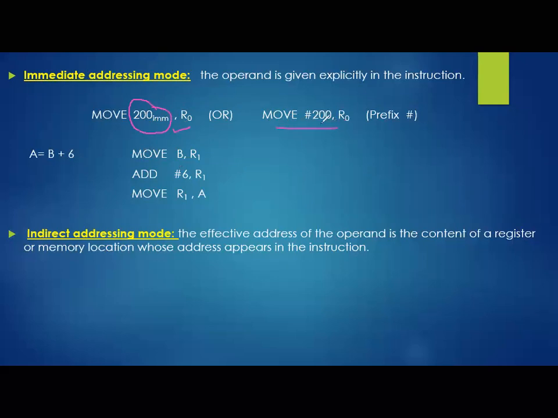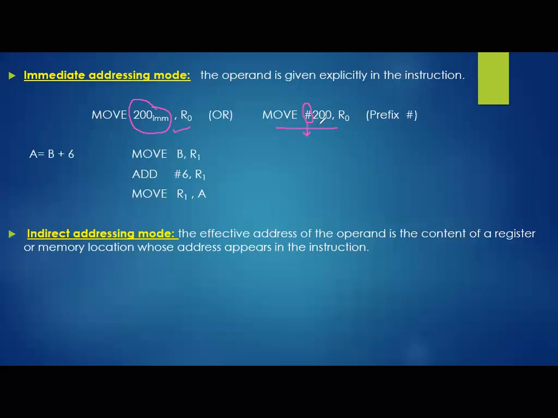So move 200 comma R naught, but here we are using a prefix of what? Sharp sign, or else hash sign. We use the hash sign in front of 200, or any direct value, if you want to use immediate addressing mode.